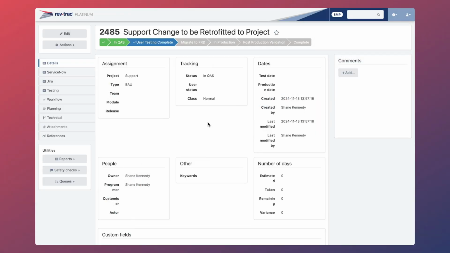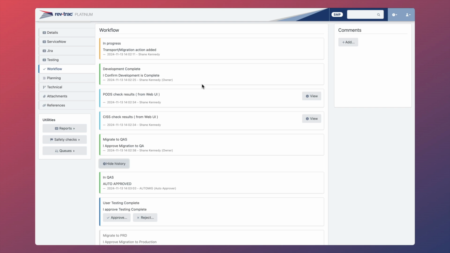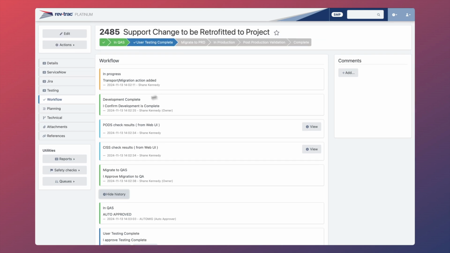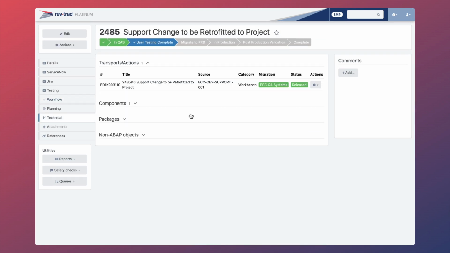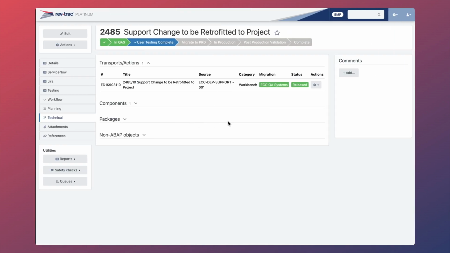We're going to start this demo at the point where our RevTrack request number 2485 is in the support QA system. We can check the workflow tab to see the history of this change, including all approval and migration actions taken thus far, and also head to the technical tab to find transport ending 3110. Taking a look at the transport logs, we can see that this change is currently in our ED1, EQ1, and ES1 systems. With RevTrack, all relevant change data is centrally stored, providing complete visibility, helping teams track and validate the